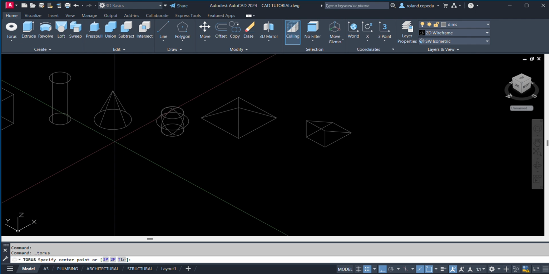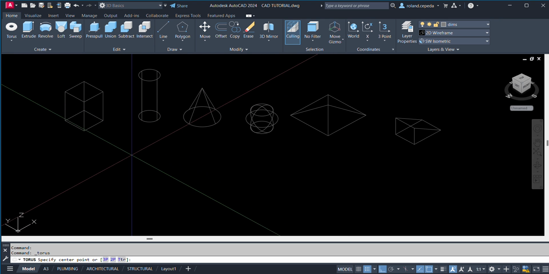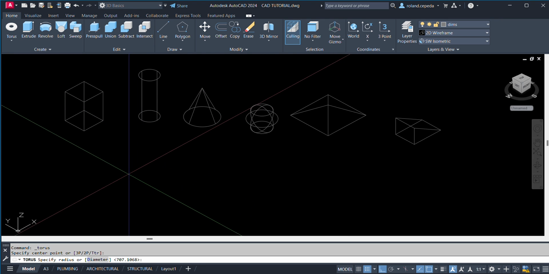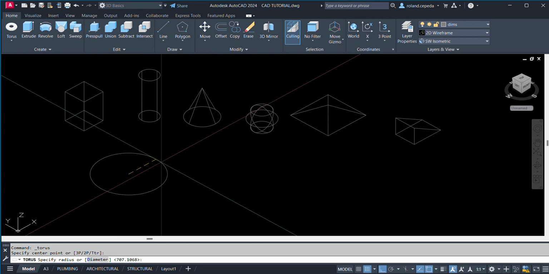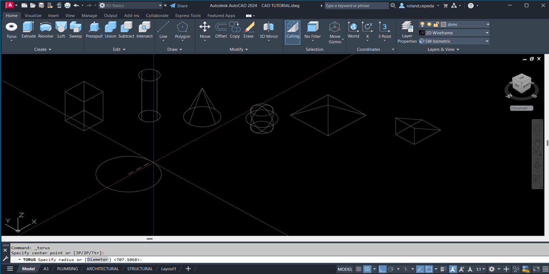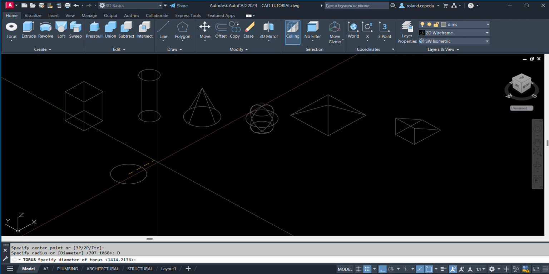Let us try torus. Select torus and then specify center point. Just left click and then diameter. Just type D on your keyboard and then space.